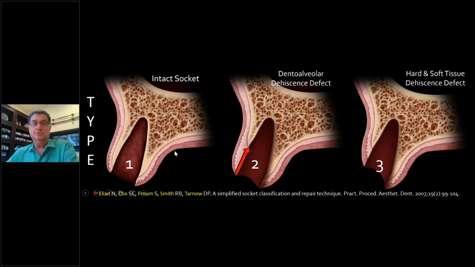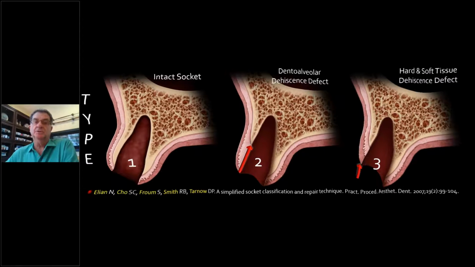The type 2 is where the buccal plate is partly gone, more than 5 millimeters away from the free gingival margin, and you only have soft tissue as part of the buccal plate, similar to many of those difficult cases that Dr. Elaskary showed you. And type 3, very few people get into trouble here with immediates because there's recession on the tooth before you start. The bone and the soft tissue are missing. In the limited time we have today, I'm going to go through each one of these to different degrees and give you an overview of where we are.